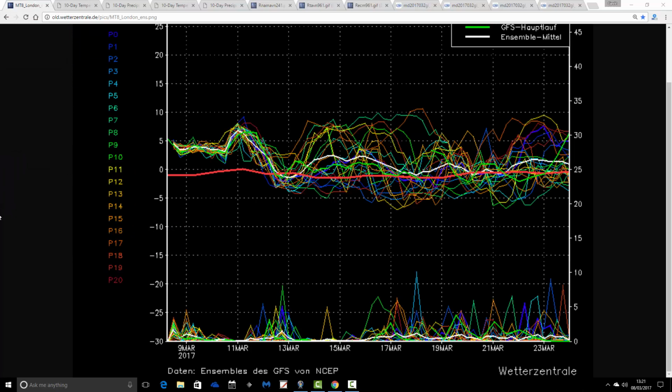So these are the GFS temperature and precipitation ensembles the next 2 weeks. So red line here is the 30-year temperature average in terms of the upper air temperatures. And we're in quite a warm envelope there right now. I'm going to keep that through the remainder of the week. Now, we're going to a weekend, and we do find the temperatures dropping off a little bit, but then next